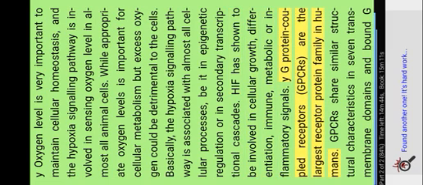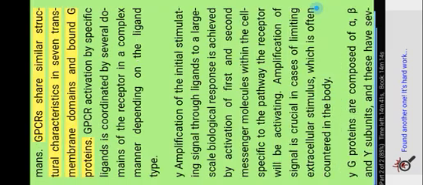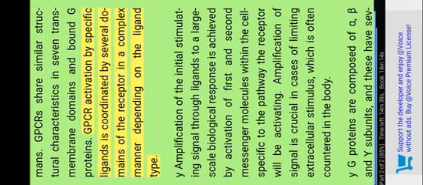Why G protein coupled receptors (GPCRs) are the largest receptor protein family in humans. GPCRs share similar structural characteristics in 7 transmembrane domains and bound G proteins. GPCR activation by specific ligands is coordinated by several domains of the receptor in a complex manner depending on the